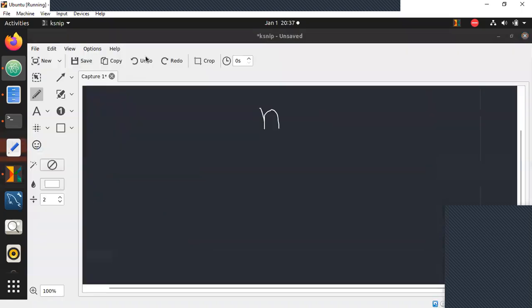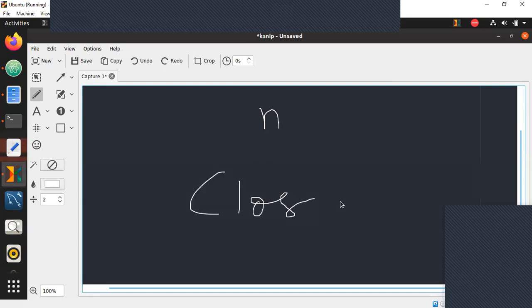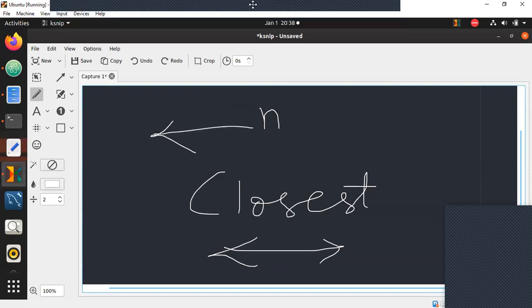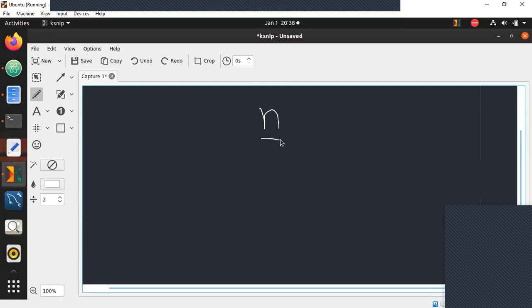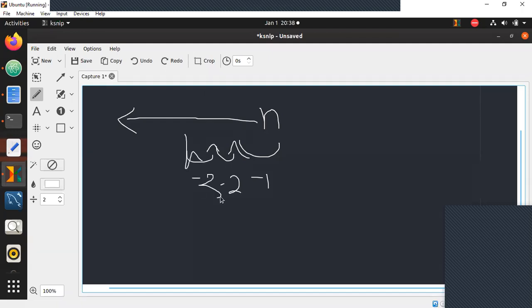prime or not. Now the idea here is, if a given number is n, you need to find the closest prime number and the distance from n to its closest prime number. Now there are two ways to do it. One way is, you start with n, you find what is the closest prime number behind it. That is, you reduce by 1, then reduce by 2, then you reduce by 3, and keep on checking whether they are prime numbers or not.